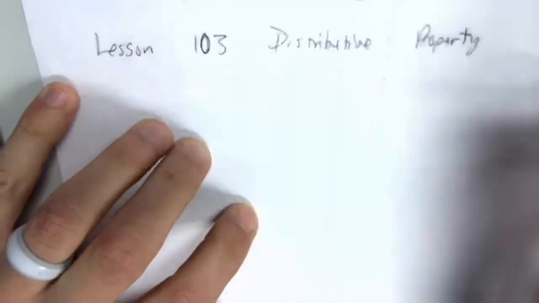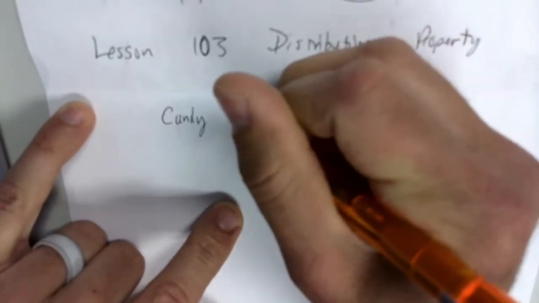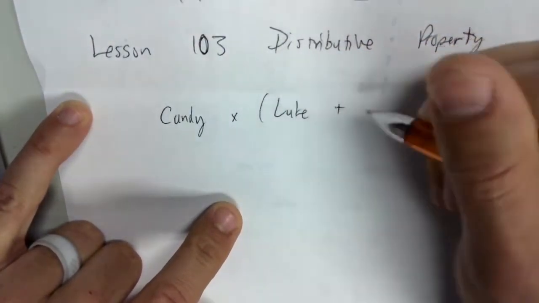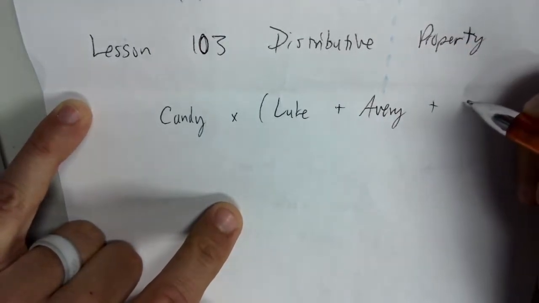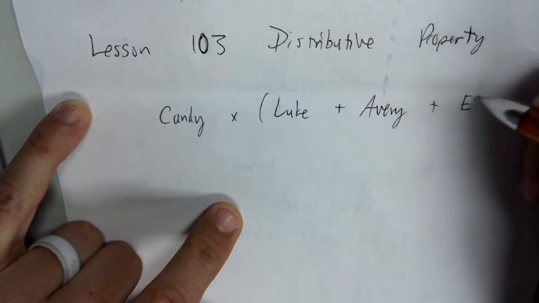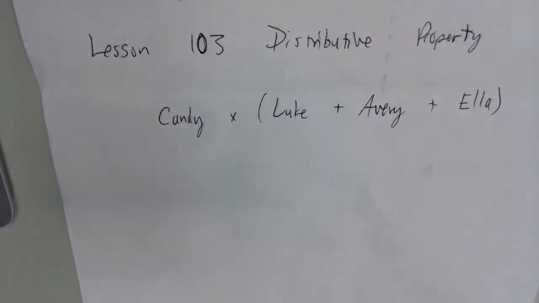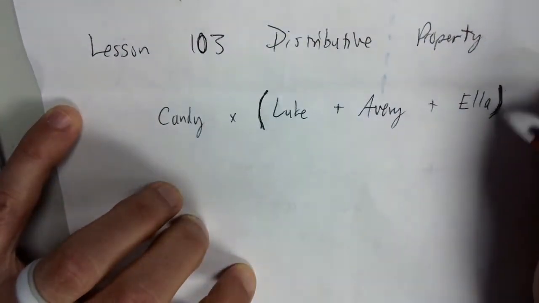So let's say I was going to give candy to Luke and Avery and Ella. All right, now you notice, where's the multiplication from? Just go with it, okay? This is what I want you to understand, that the distributive property means